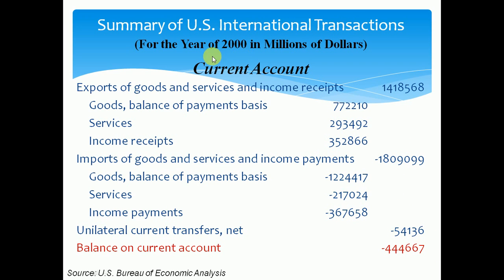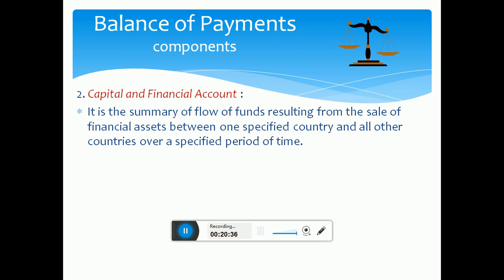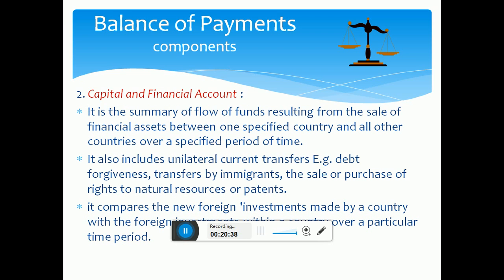So this is basically the current account. The current account is showing a negative figure, which is basically a deficit item, meaning more funds are flowing out of the country than coming into the country. So inshallah, in the next session we will discuss